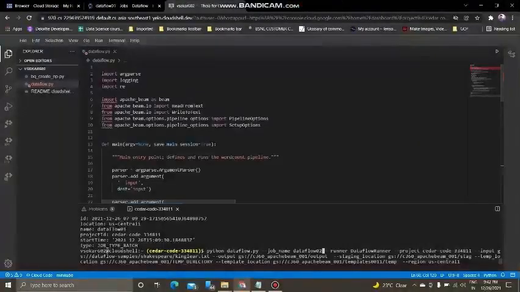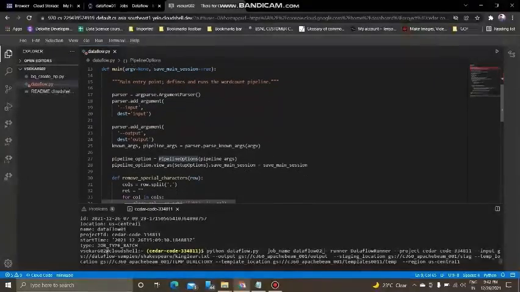Then for Dataflow, I have written some arguments. I imported argparse, logging, regular expressions, Apache Beam, and PipelineOptions and SetupOptions. I'm writing everything inside the function itself, getting the input and output from the runtime command.